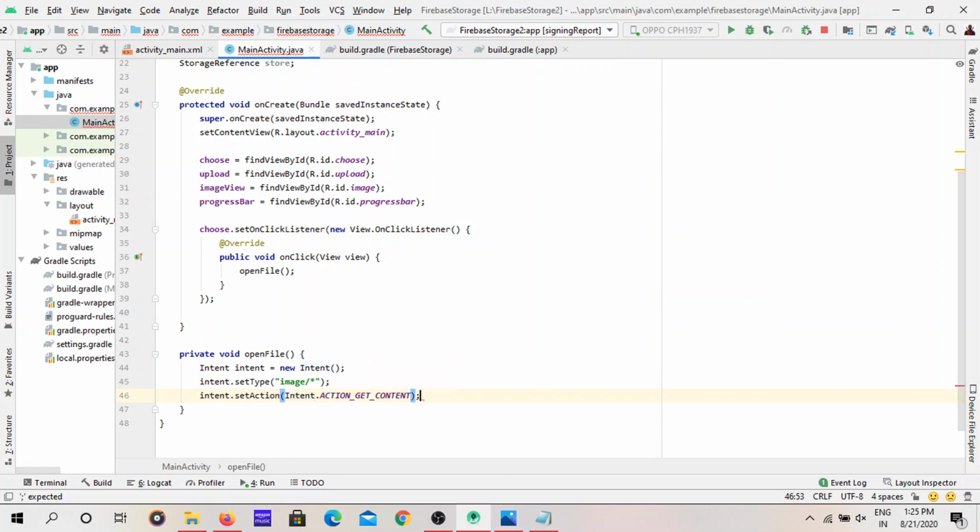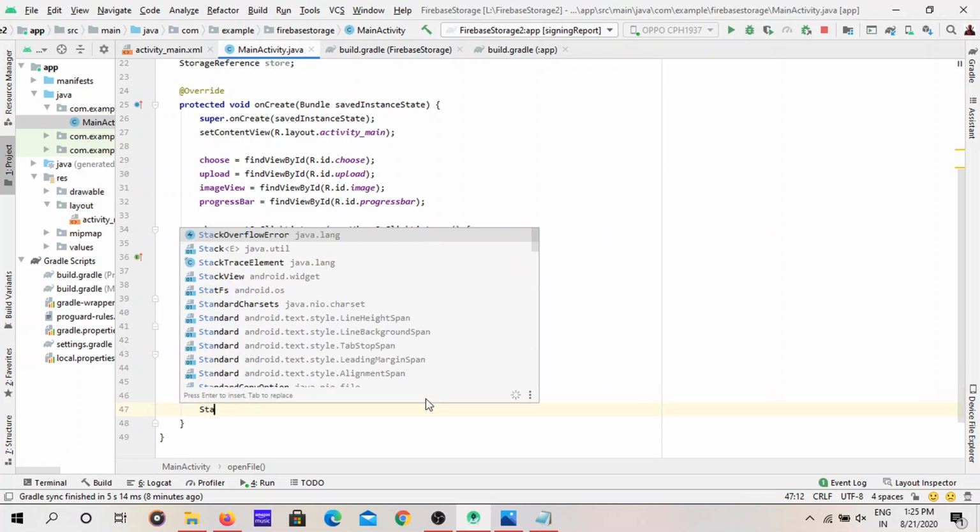Now through this statement we are saying to Java that this is an intent that does an action, it will get the content. What content? Image content, because it is a type of image intent, so it will only get the content as images. Now we are done with everything.